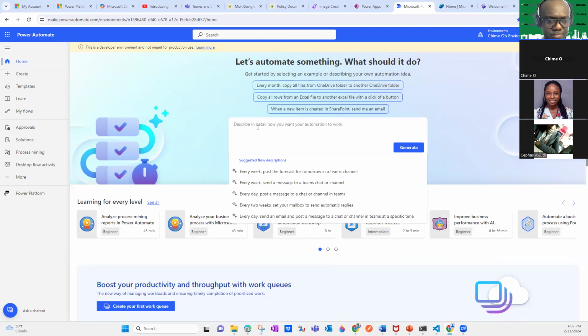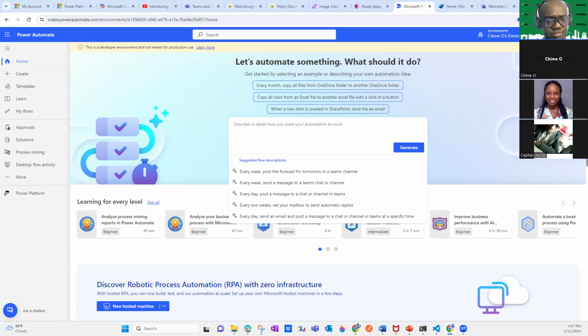Okay, I want to request an approval. So whenever I curate, for example, you see the table that we curated, the real estate table, if anything changes, I want to be able to request an approval from my real estate agent manager. And within that approval, I want the agent to approve or reject the request.